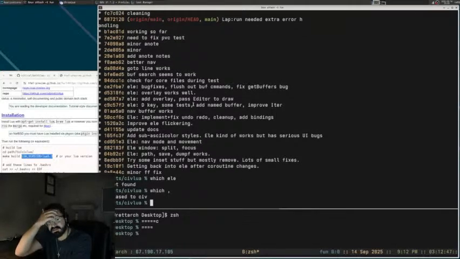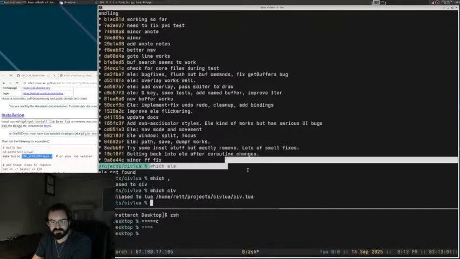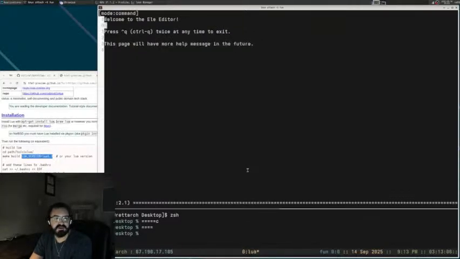I've aliased comma to civ, which is aliased to calling Lua, and then civ.lua. And this script is basically the entrance script for all of Civboot. So comma will call civ, and then if I do comma ele, that'll open up my ele editor,